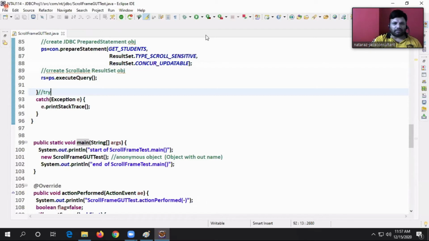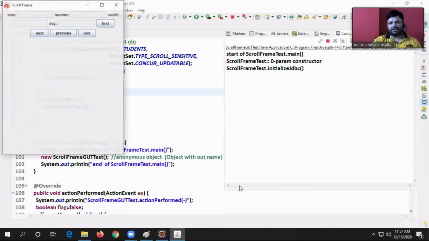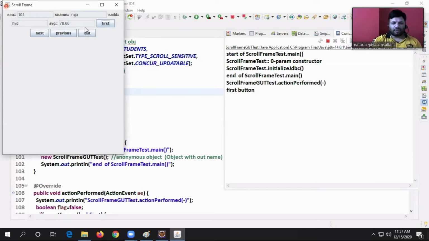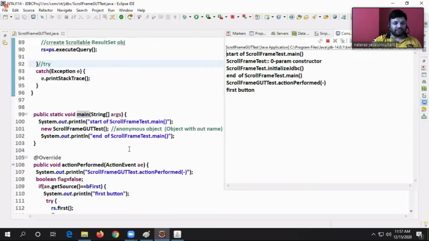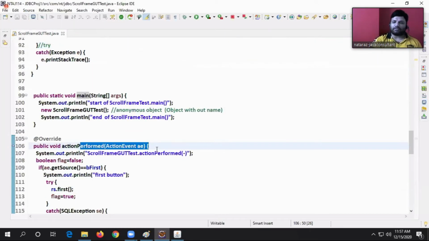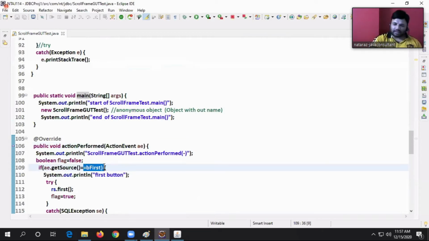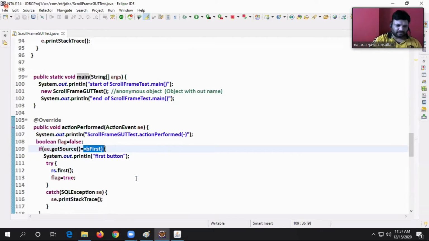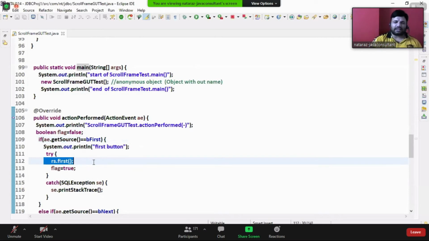Then we click on a button. Let us assume I clicked on the first button only. What is the action? Action event is raised, and control goes to actionPerformed. Is the event coming from B first? Yes. rs.first, the cursor moves to the first record of the result set.